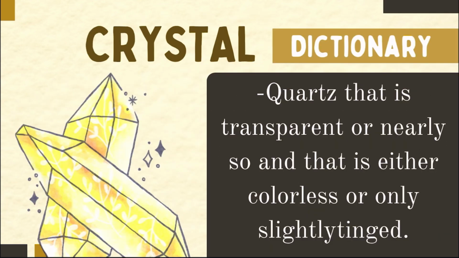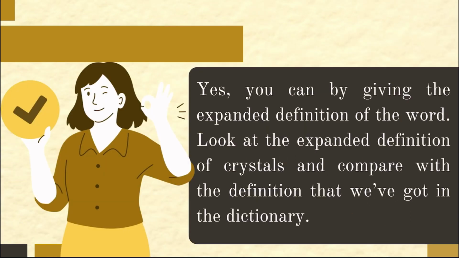Alright, now here's the definition of crystal in the dictionary. It is a quartz that is transparent or nearly so, and that is either colorless or only slightly tinted. Okay, yes, you can, by giving the expanded definition of the word. Look at the expanded definition of crystals and compare it with the definition that we got in the dictionary. So all you have to do is compare the definition of the dictionary and the expanded definition of the word